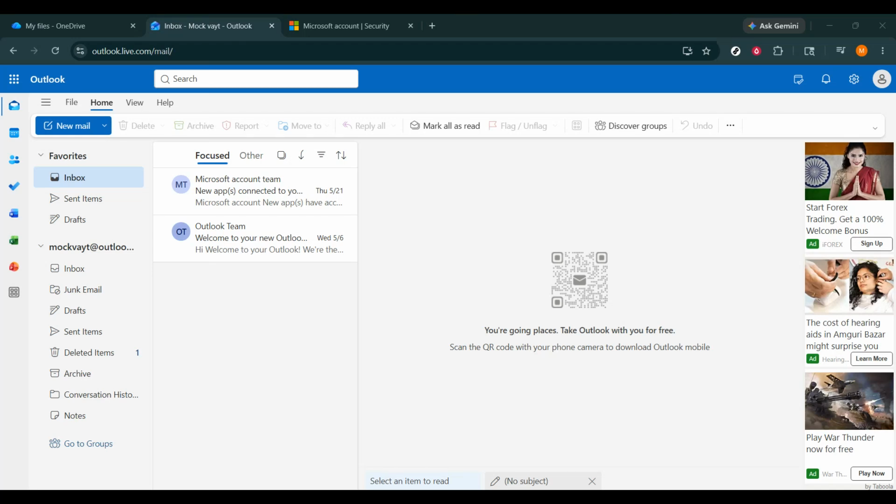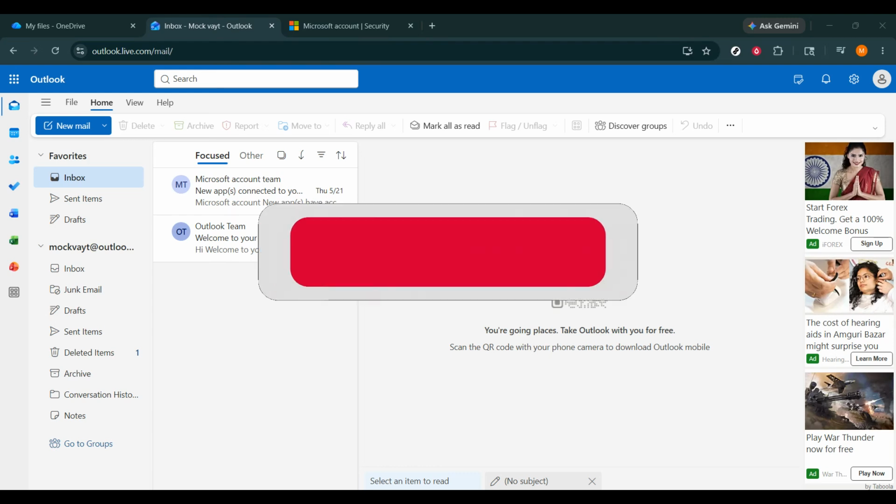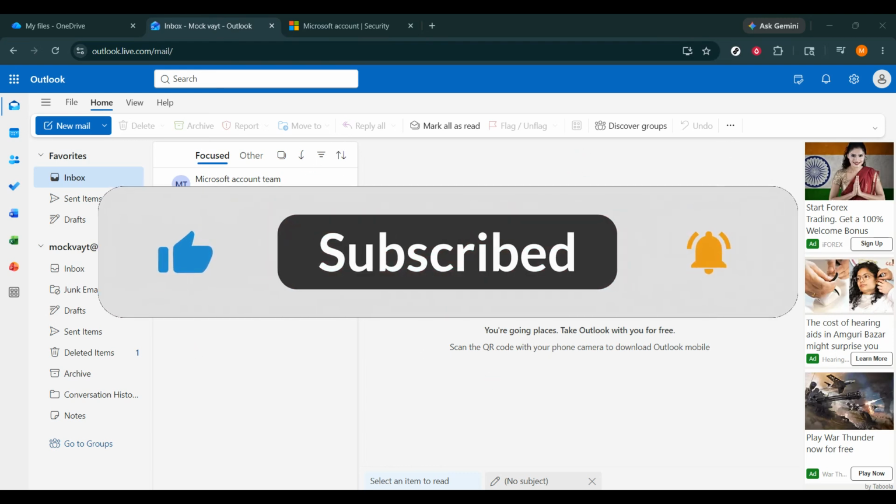If you want to send a file in Outlook without attaching a big copy of it, the easiest option is to use a OneDrive share link. In this video, I'll show you exactly how to attach a OneDrive share link on Outlook so you can share files quickly, keep everything cloud-based, and make collaboration much easier. This is a great method if you're sending documents, spreadsheets, or presentations and want the recipient to open the latest